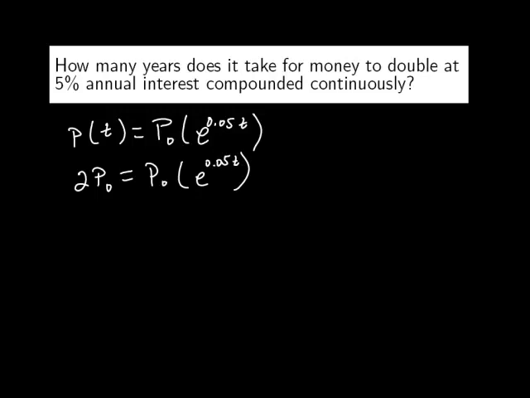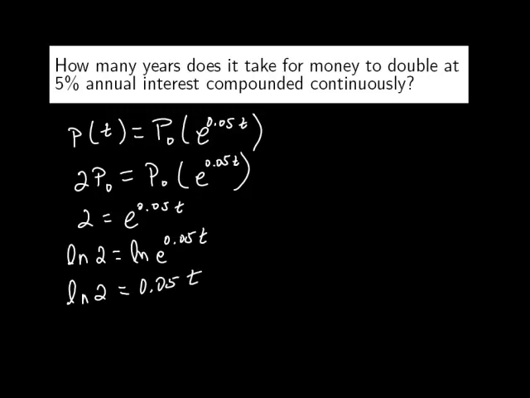Now we have a common factor of P naught on each side, so let's divide out by P naught on both sides and get rid of that factor, and we have 2 equals e to 0.05t. And anytime we have a variable that we need to solve for up in an exponent, we want to use our logarithms. So here the obvious logarithm to use is the natural logarithm. So we can take the natural log of both sides. You can do anything you want to a math equation as long as you do it to both sides. So I'm going to have the ln of 2 equals the ln of e raised to 0.05t. But of course this right hand side is just 0.05t. So ln 2 equals